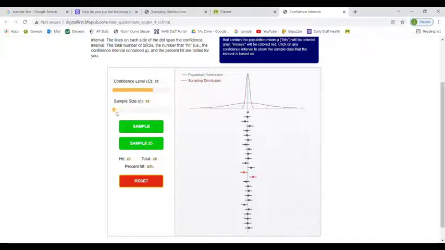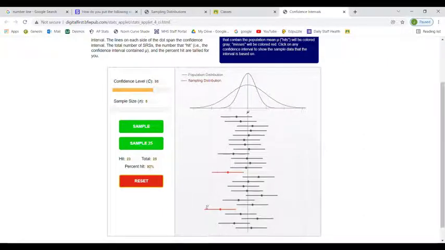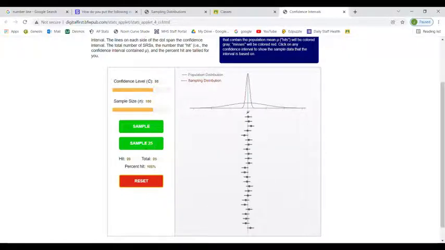Let's do that again. We'll go back down to 5 and do a sample of 25. You can see here they're much wider. It's a capture rate of 92%. In reality, if we did many of them, it'd be 95. But now let's look at what happens when I move it back up to 100 and do another 25. The capture rate isn't really changing. In this case, it's 100%, but that's just the randomness of samples.